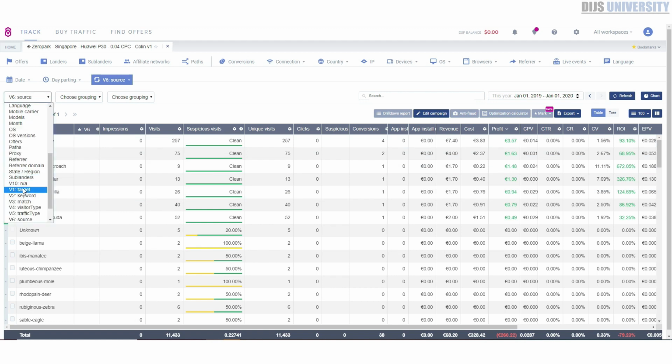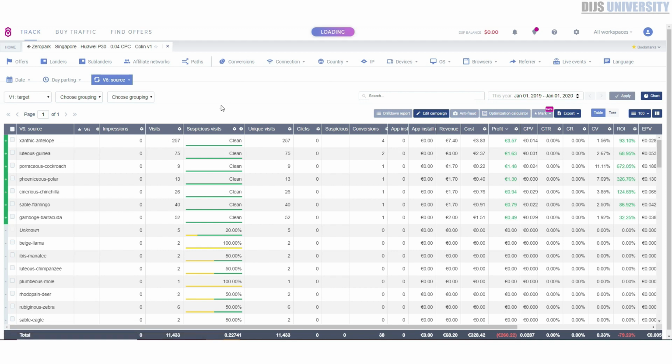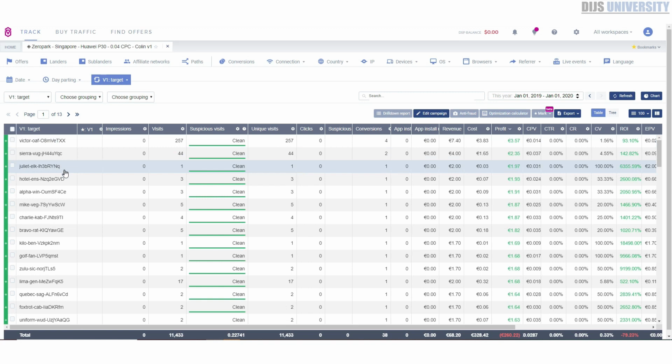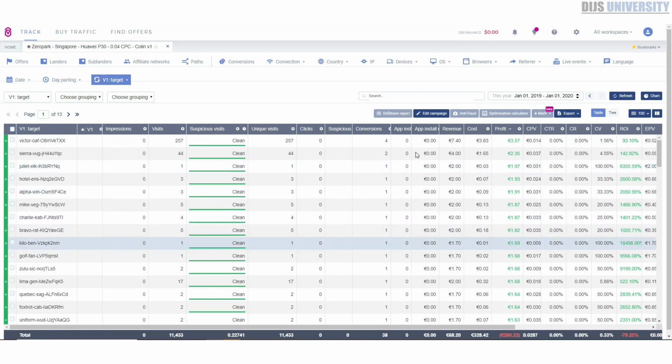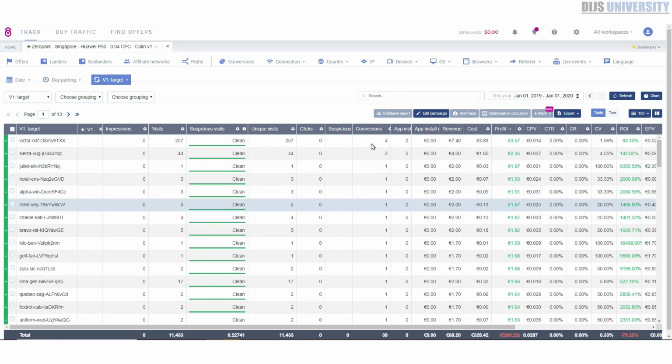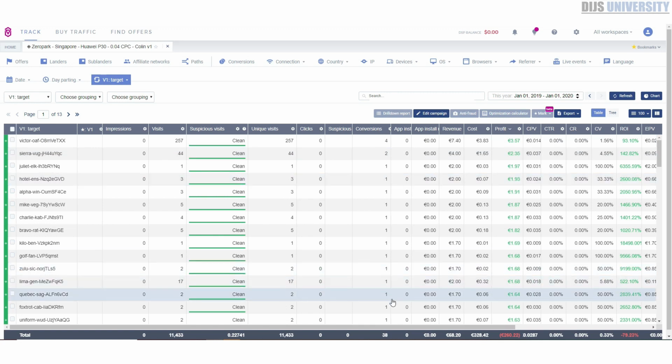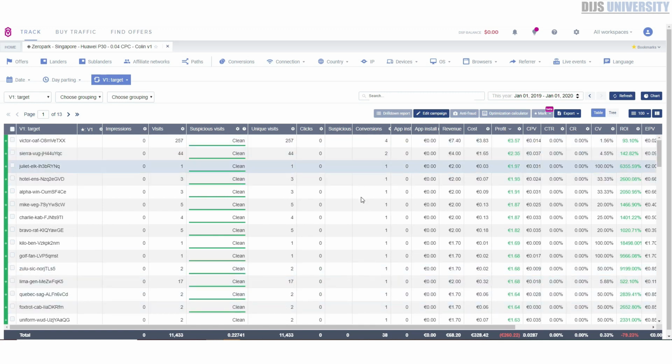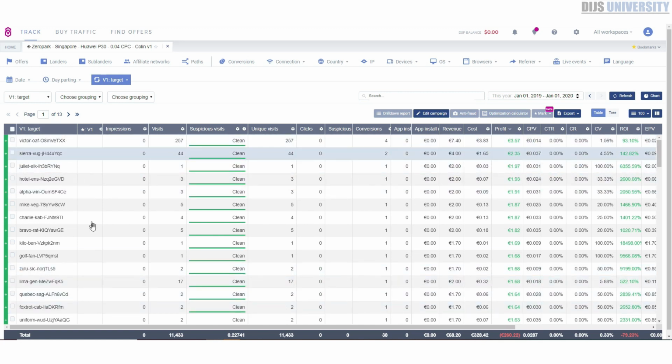Now, if I want to know what websites are responsible for any particular activity, then we would look at the targets, and we would get that information, and then we can take that back into Volume, and we can look and see what we want to do with the conversions that we're seeing. So again, this is early in the stages, but as you can see, now we can tell what websites are performing the